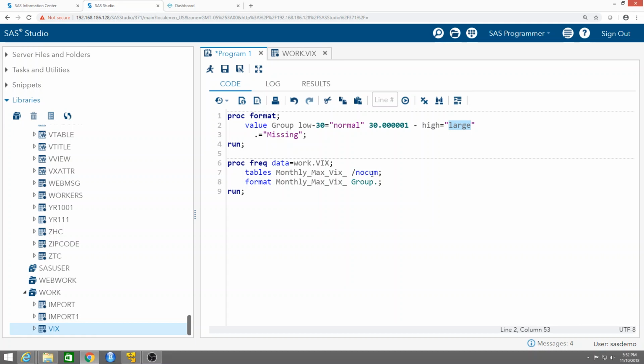I'm asking for no cumulative percentages or frequencies in my table, and then I have to put a format statement saying that I'm applying the format group, which should be followed by a dot so SAS reads it as a format, to this variable, and then it will count how many normal, how many large and how many missing you have. Okay, so let's run that,